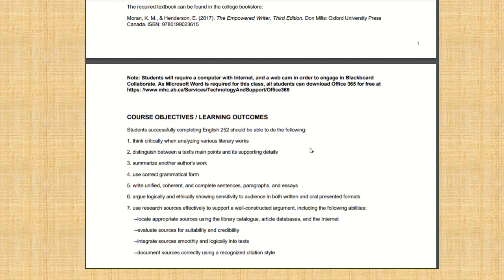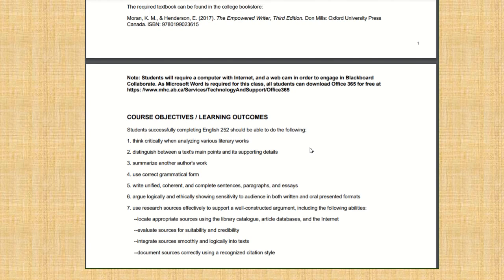4. Use correct grammar or grammatical form. And everybody has a certain different level they're at in terms of grammar. So hopefully once we start getting comments back from me and other students, this class functions as what's called a workshop, where we comment on other students' essays so we can learn from them as well. So hopefully as the semester progresses, we get better and more sophisticated with our grammatical form.